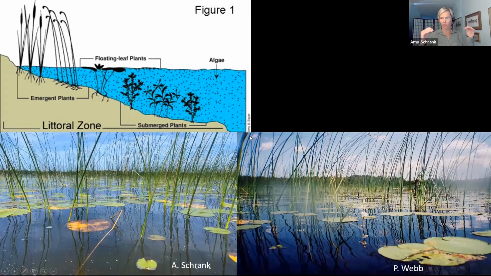We think of it in this linear pattern, but what we see really when we take a duck's eye view, right, from the water surface, is these plants are really interspersed. So you have emergent plants interspersed with floating leaf plants like lily pads, lots of submerged plants in the same area. So it's much more of a mix here. And it provides this heterogeneous, really variable environment that's important for fish.